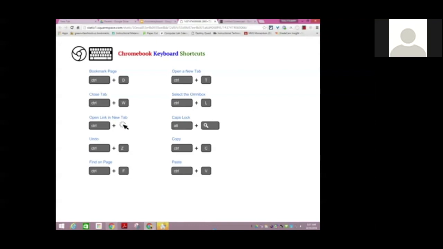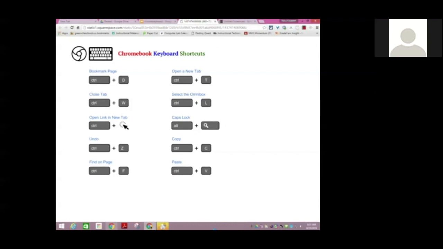So it's easier for some to do Control V. Now, there are ways to do a right click. It's just not the way you're probably used to. And that's when you take your two fingers and you place them on your touchpad. That will give you that right click